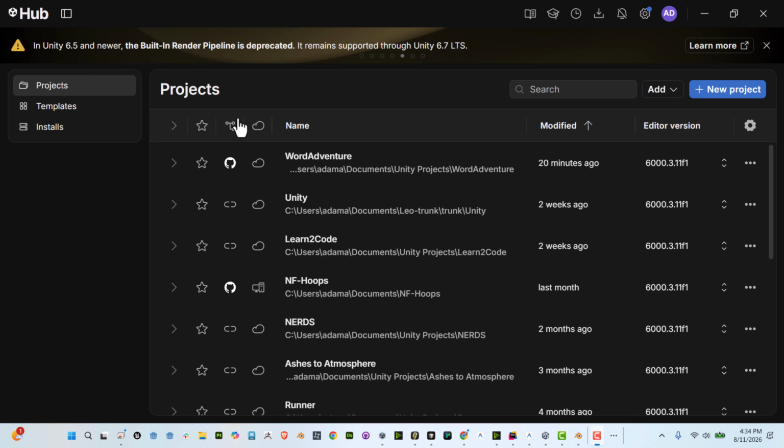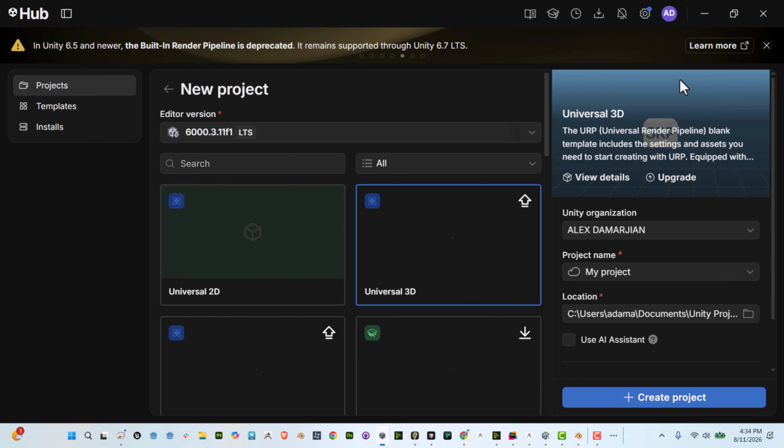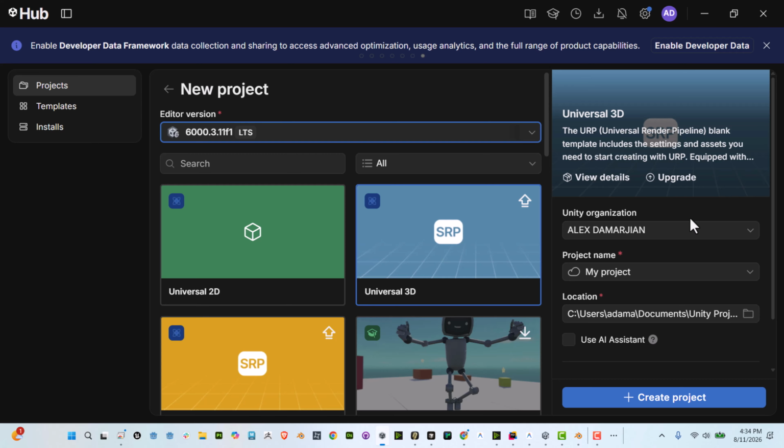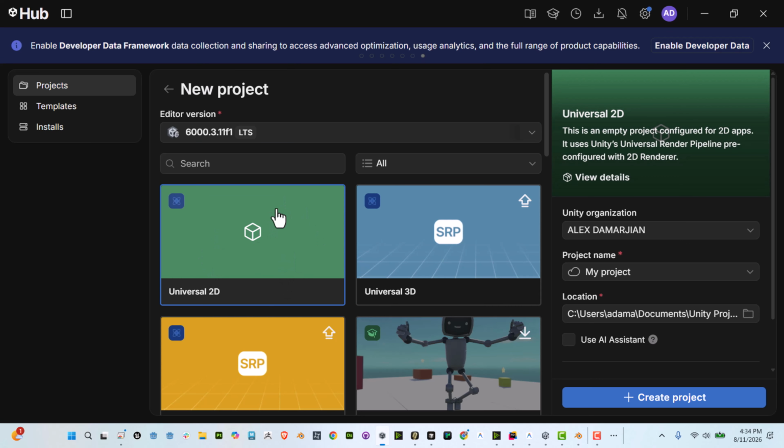Right, so let's go to the right hand side here, go to new project. And you could really just select whatever the latest version is of Unity. If they're on 7 already and it's a stable version, you can select that. What we're going to do is essentially set up a new project, and we'll go ahead and just do Universal 2D for now. We do a lot of 3D in my classes, and for project name, you could just name